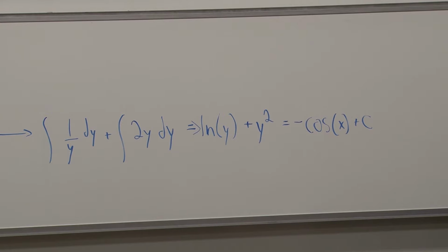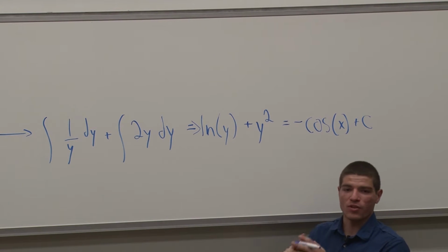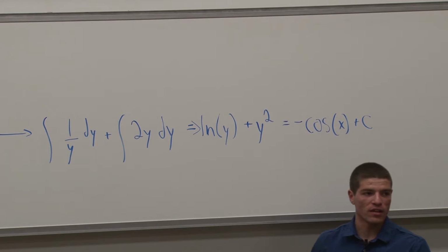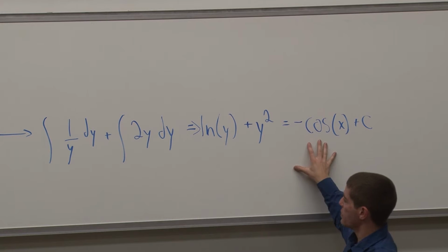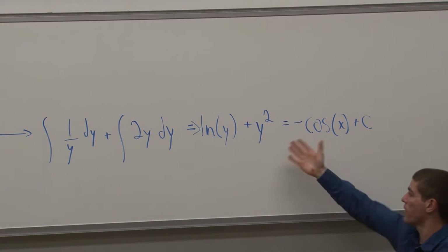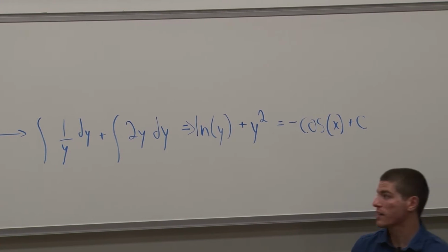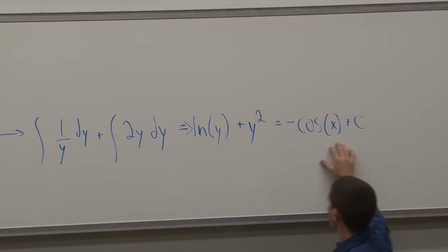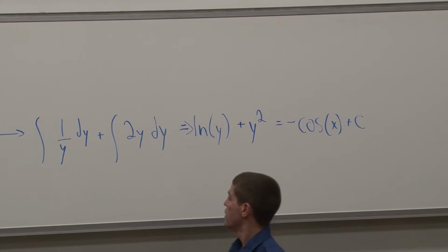So yeah, or if you have like natural log of xy, or like these x's and y's intertwined, and you can't really separate any of them any further, that would be an implicit solution. So a good question would be, is the solution implicit or explicit? So this would be implicit because it's not the standard form of y equals something in terms of x. So once we have this, we can use the initial condition of y of 0 equals 1 to